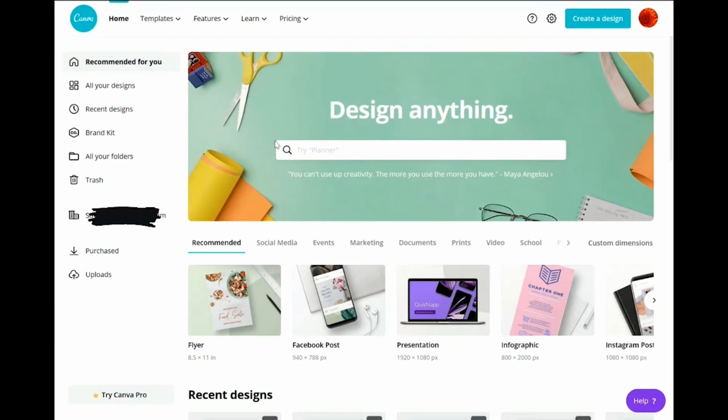So up in the top left-hand corner are the Canva and Home tabs. You can always click on those and they'll take you home. Then we've got templates. So you can create your design, pick which type of design you want and start with a blank white design. Or you can go off of a template and you can customize that as much as you want. You can just change the information on it, or you can really manipulate certain aspects of it to really make